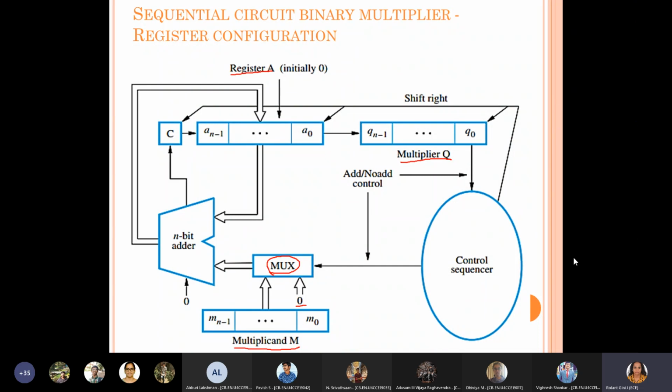Mahendra, can you tell me? Roll number 18. If I'm not getting the response, that means you are not at the listening end.